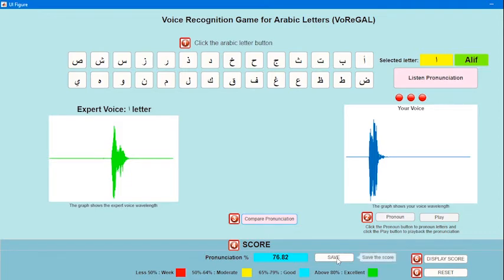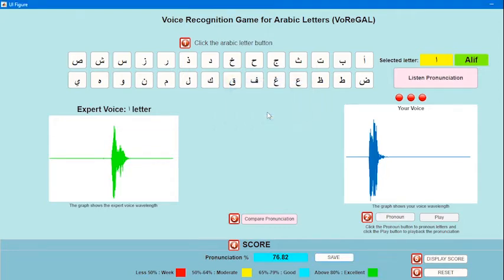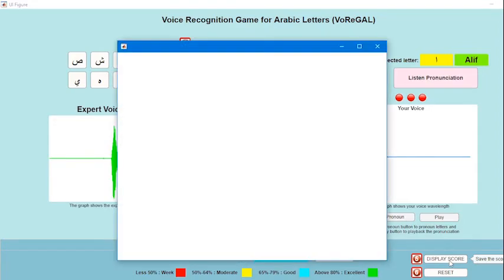So he can click the save button to save his achievement into the database, and then the system will prompt up that the score has been successfully saved into the database. Click OK over here. And let's say the user wants to see the score. What he needs to do is click the display score over here. Click the display score,